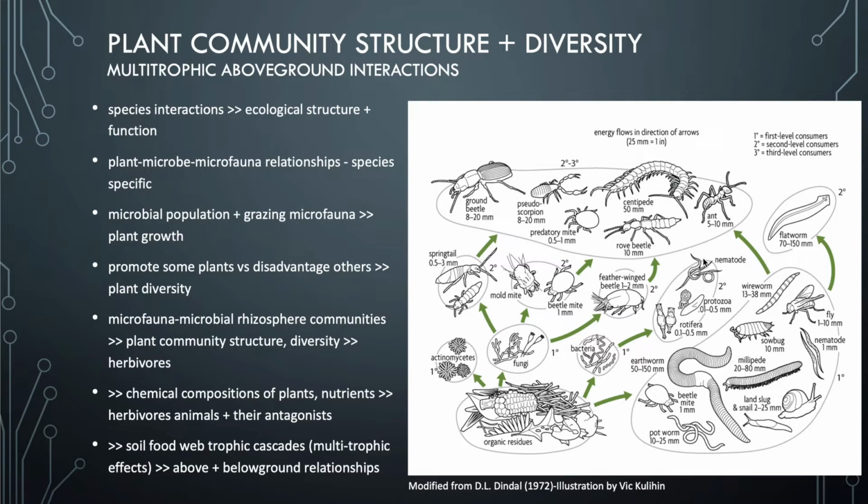And what isn't shown here is that all the waste from all these organisms, everything that they release as excess nutrients from themselves, becomes plant available nutrients. And that's key, because that is exactly what then drives plant community structure and diversity, as it modulates the soil environment for those plants to grow, as the soil structure as well as the soil moisture and everything else is very much dependent on all these organisms being present, constituting a healthy soil food web that then supports plant growth and diverse plant communities.